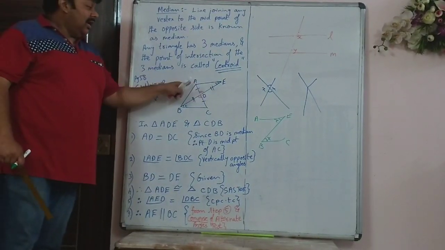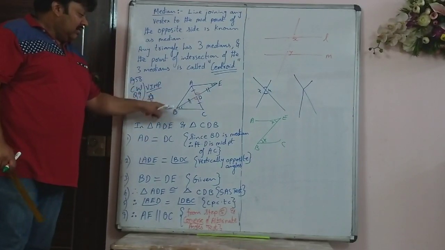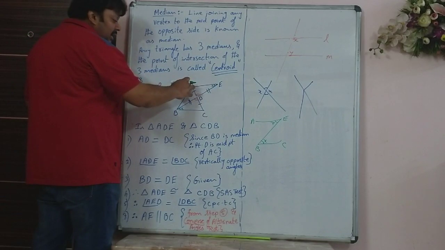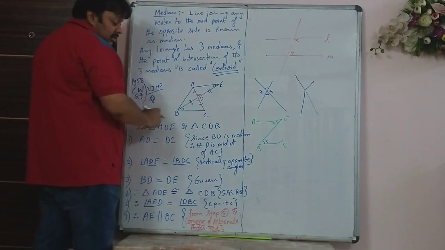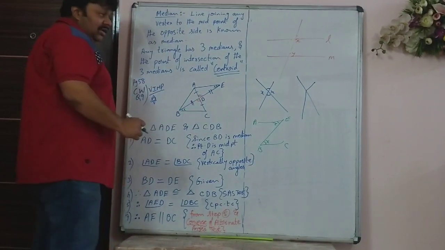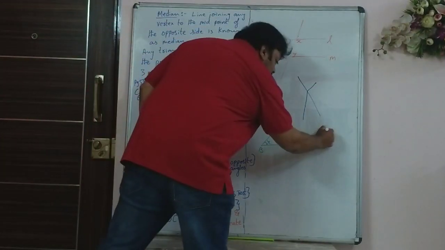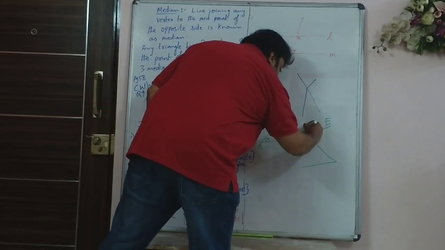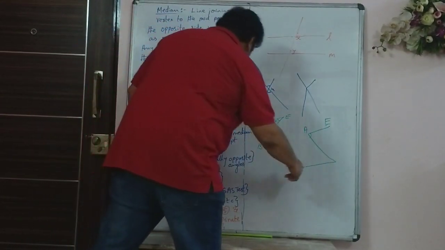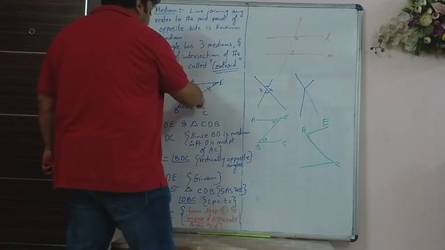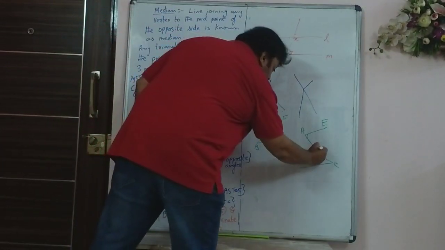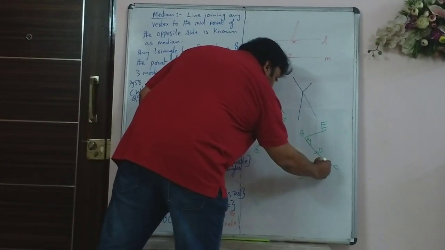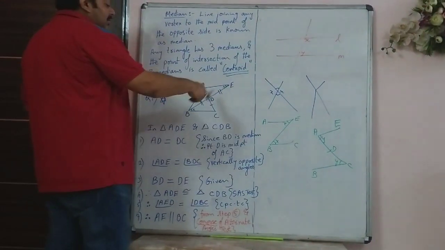Instead of using angle AED equals to DEC, you could also have used angle EAD and angle BCD. Why? Because that also forms a Z. You could have used those two also, angle EAD and angle DCB. A is somewhere here. So these two angles also would have formed alternate angles. Either of them you can use.